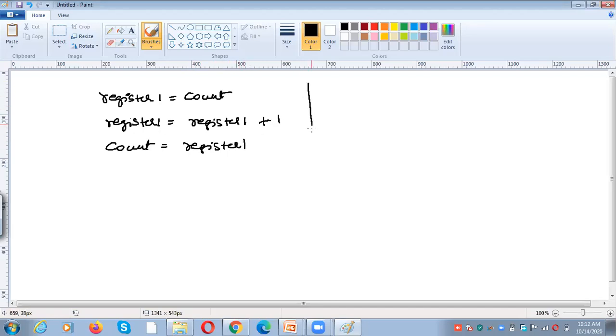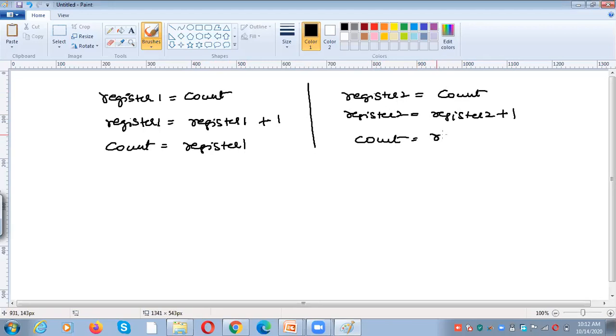These are one set of statements. And then register 2 equal to count. Register 2 equal to register 2 minus 1, and then count equal to register 2. These are another set of sequential statements.